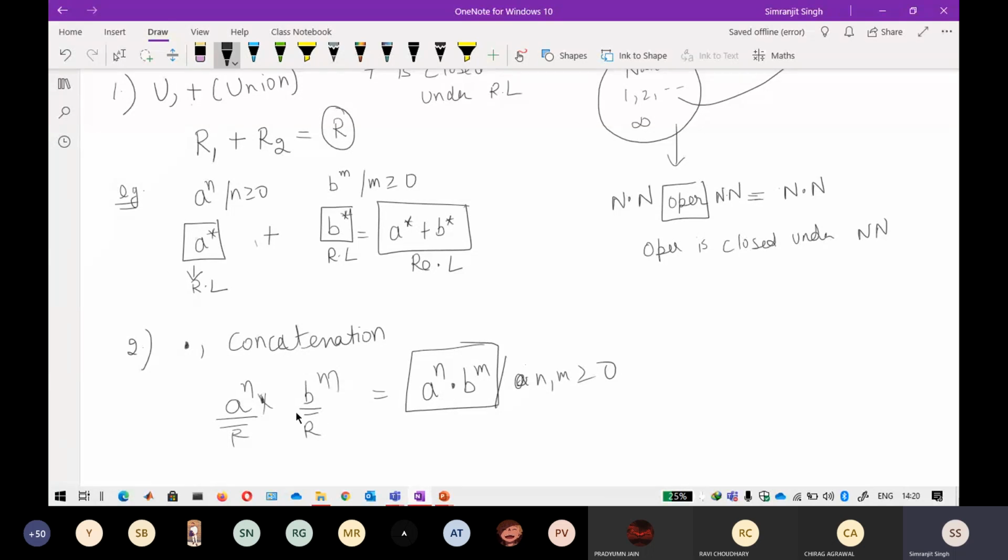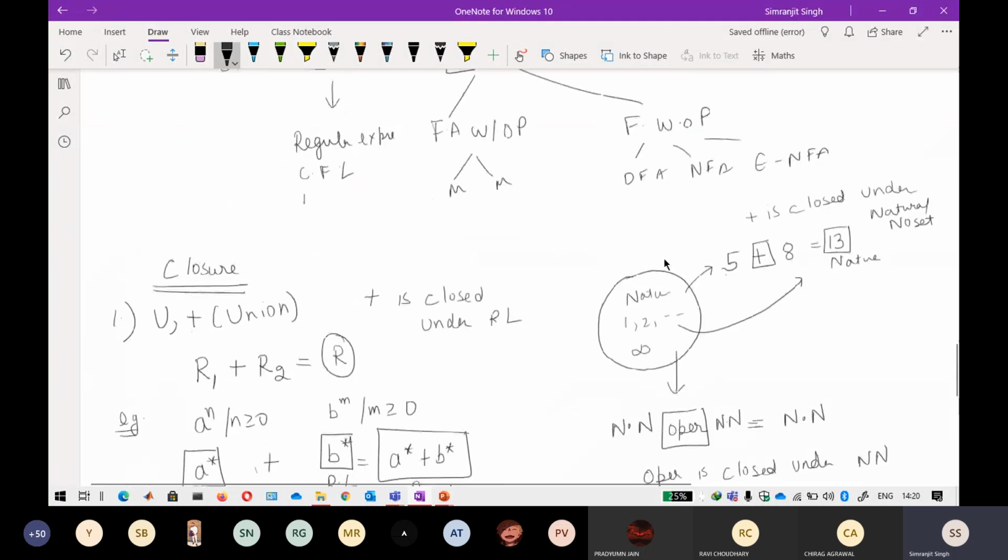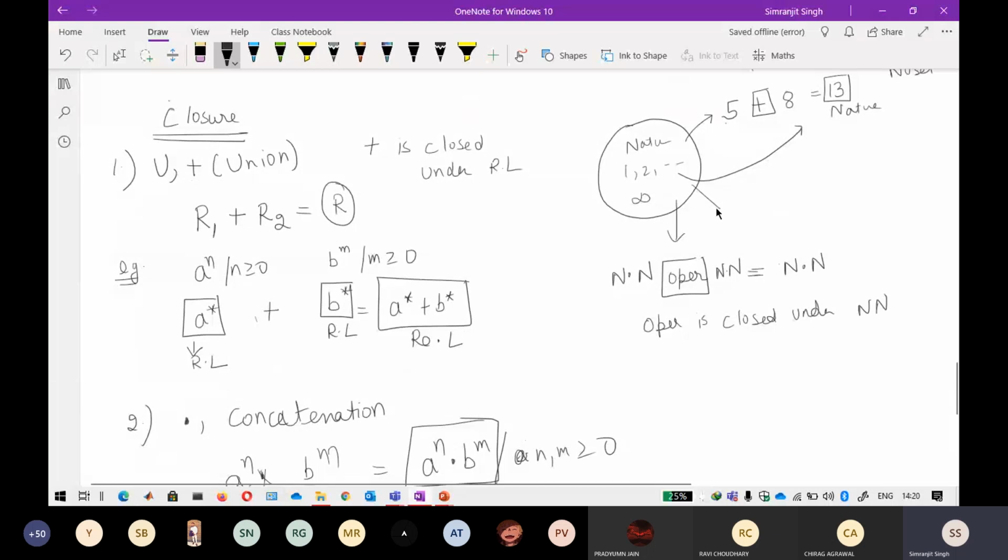Now if you look at this clearly, it seems a very simple thing to apply a concatenation here. Again, there are properties that are already defined, so you do not have to check for every expression whether it is closed or not. So how can you show that it is not closed? For example, if there is some natural number, and I apply a plus between that natural number and the resultant you get is not a natural number.